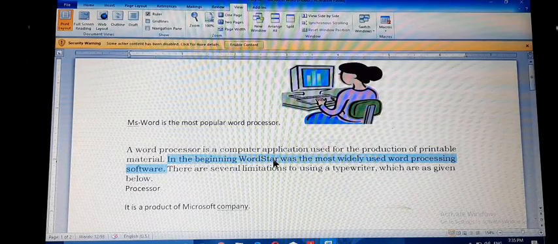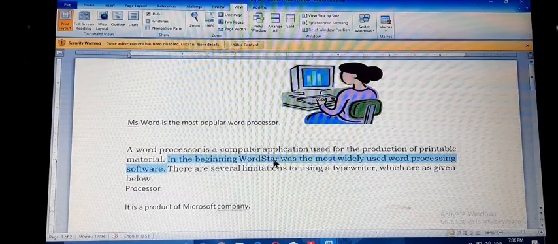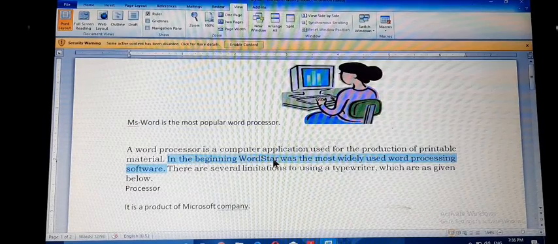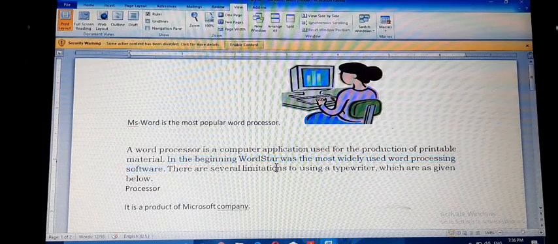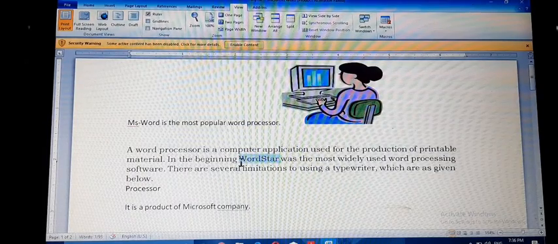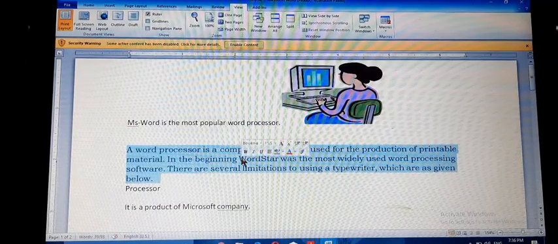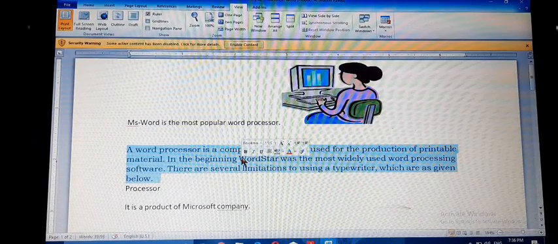To select an entire paragraph, we need to triple click anywhere in the paragraph. Okay, it will select the entire paragraph. There is an option also to select the entire document: we need to press Ctrl plus A. Okay.